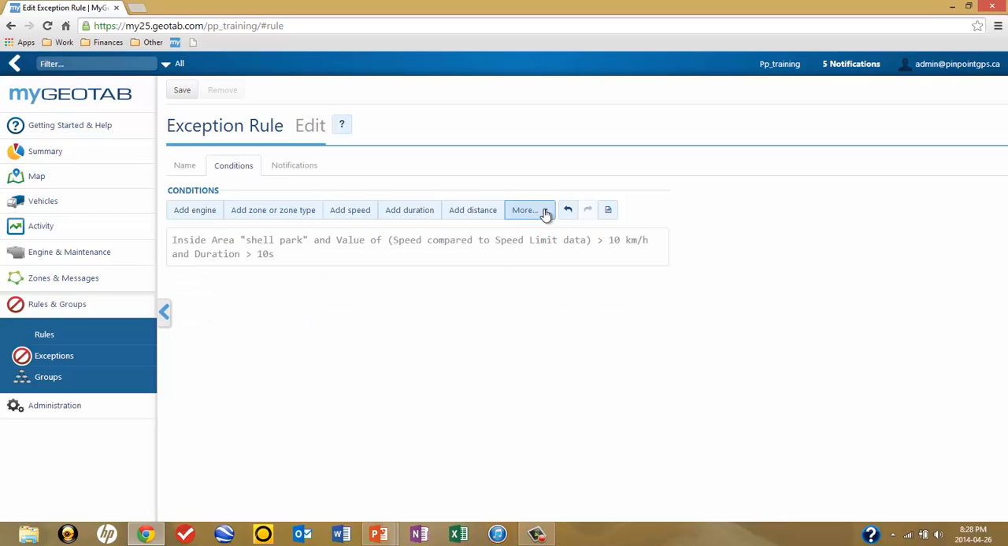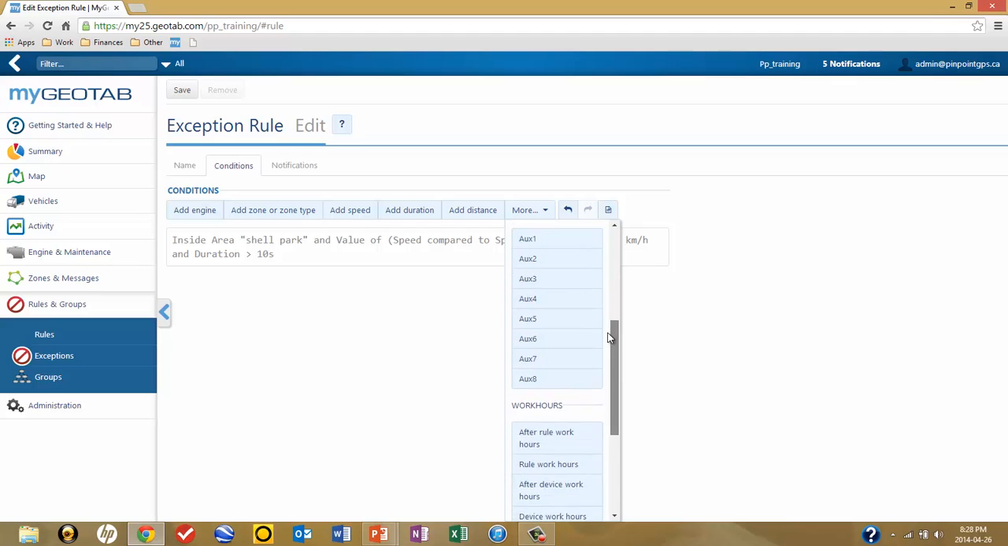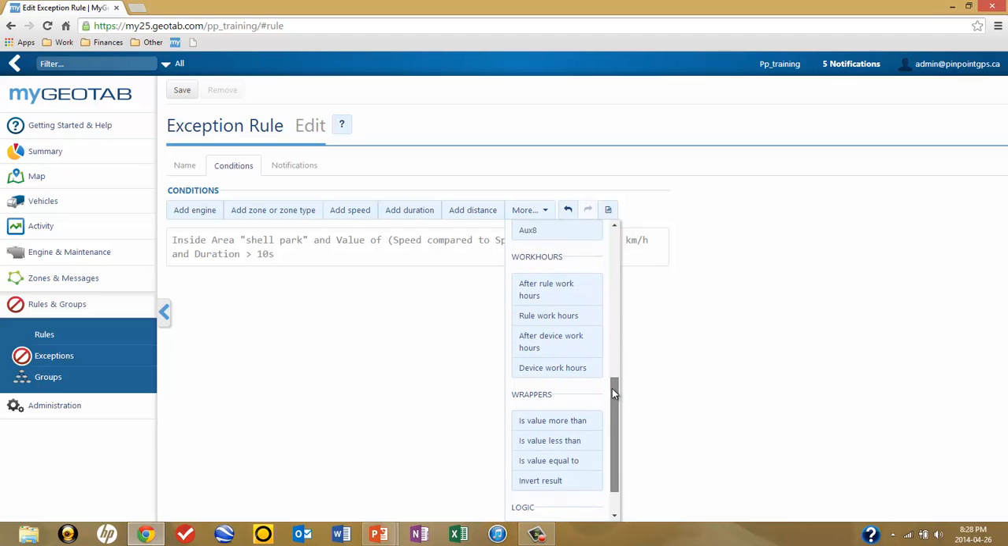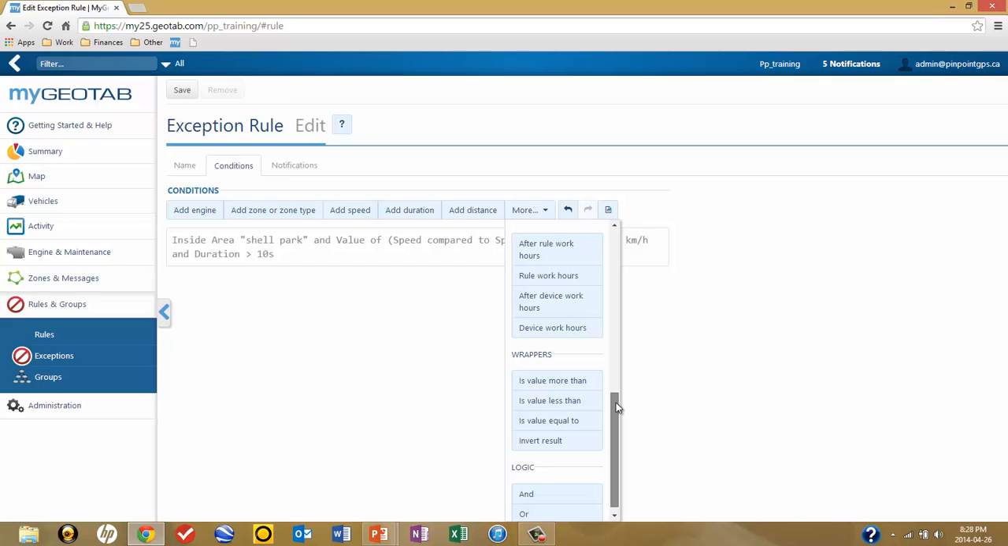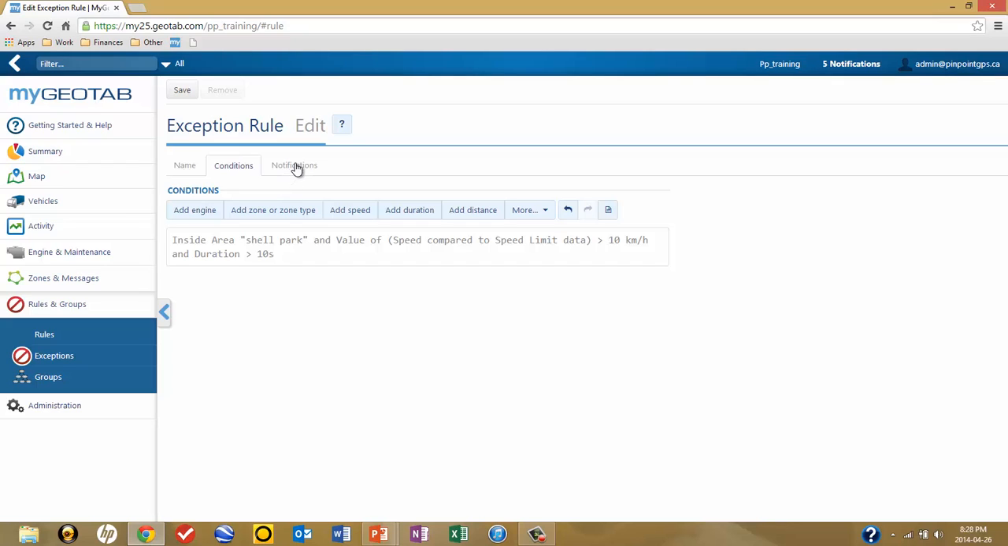We could go into another group here of additional logic statements. These are all other conditions that you can apply to the rule to make it more specific and more applicable in your particular circumstances. Once we're happy with the rule as defined on the screen, then we can move to the notifications that has been described elsewhere in the training, either alerts through email or driver feedback. Once this has been done, click on Save,